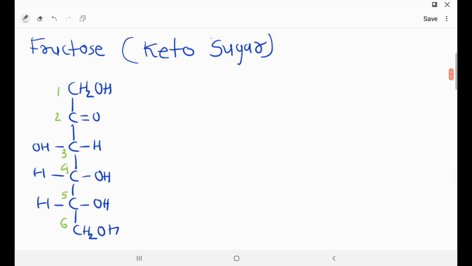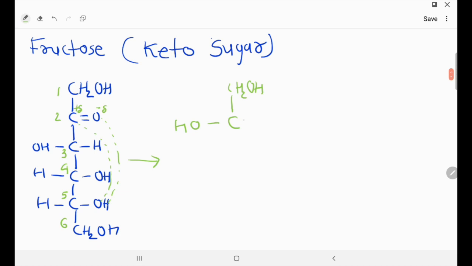Now this is a carbonyl group. On this carbonyl group there is a delta minus charge and a delta plus charge. Now what will you do? You will add this hydrogen to this oxygen, and form a bond between this carbon and this oxygen. So your structure will be something like this. The very first CH2OH, no need to touch it, as it is. On the second carbon, first time OH here.